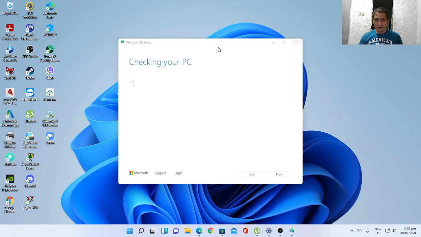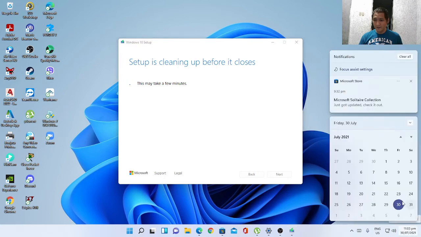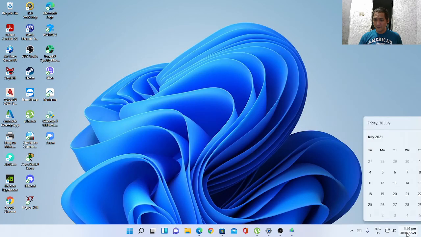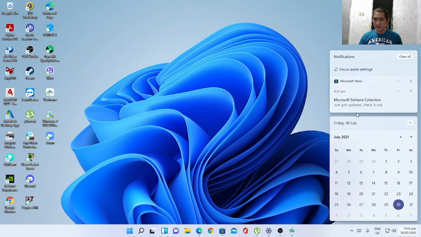Checking for PC. Let me just close this one because we won't be doing this anymore. Anyway, there you have it. Fresh look of Windows 11. No more sharp edges. All rounded, and you have your calendar here, which you can actually minimize, and your notification window,